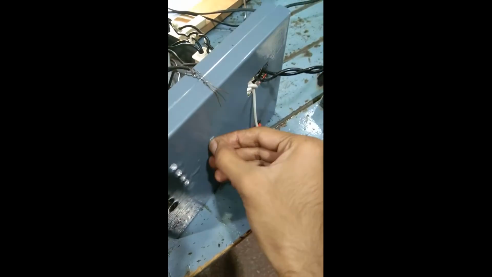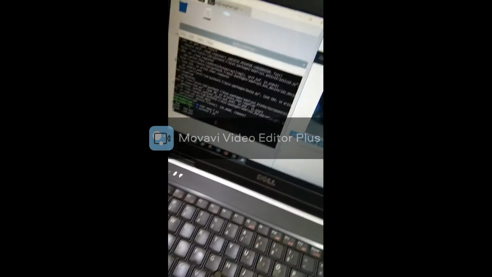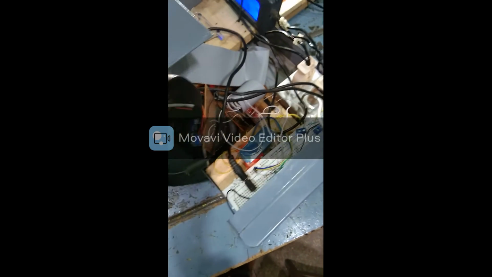Here we have made our frequency generator circuit, which is connected to Raspberry Pi, and Raspberry Pi is generating some frequencies which can be controlled from the potentiometer. The circuit is able to generate frequencies from 10 to 130 Hertz. We have also implemented a relay module so that if the frequency drops from a particular level, the transformer will automatically trip down.